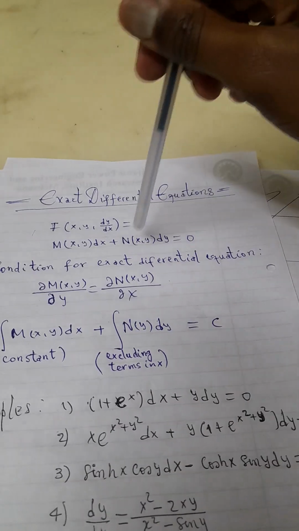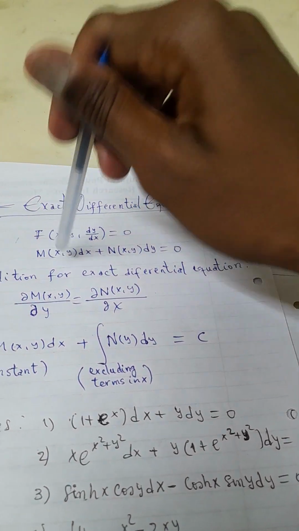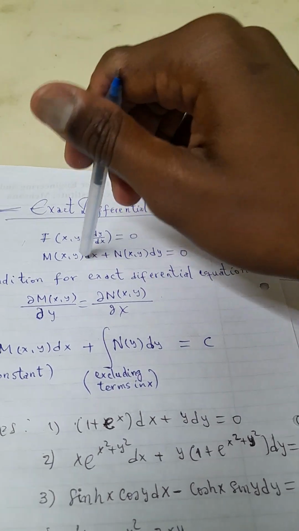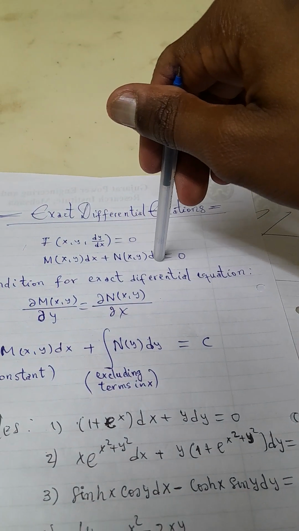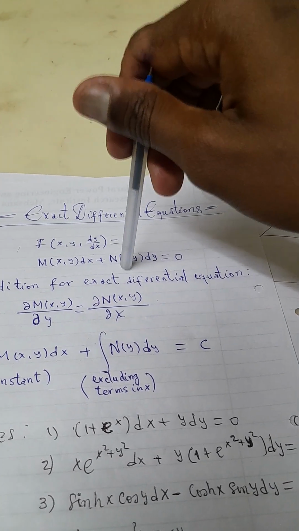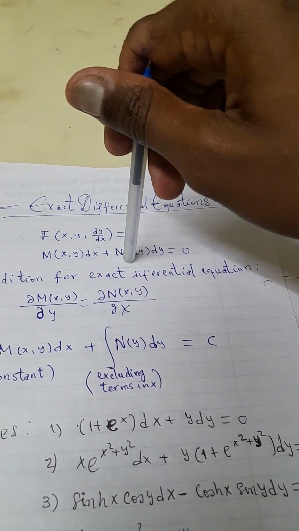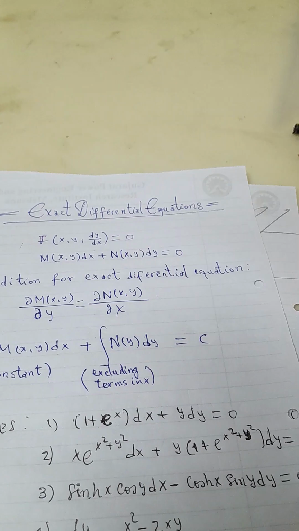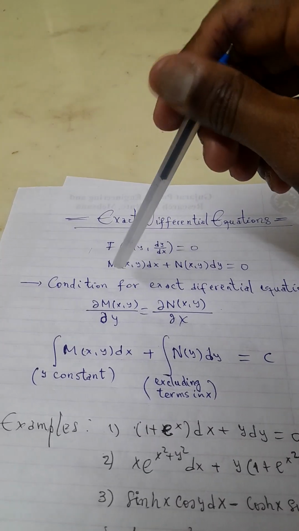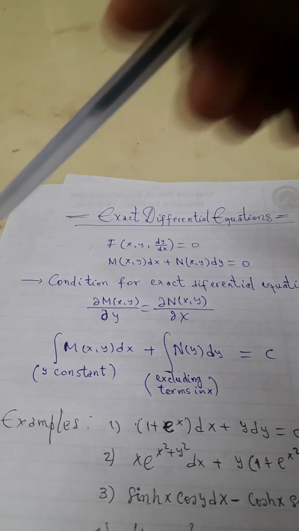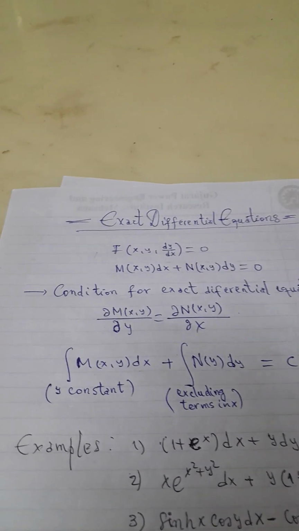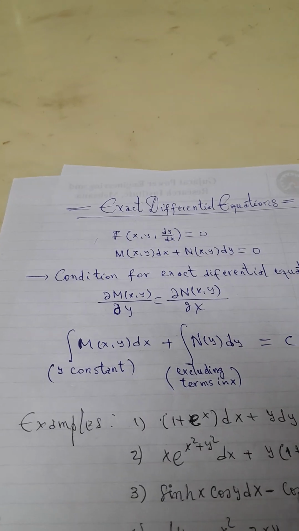So when the partial derivative of M of x, y with respect to y is equal to the partial derivative of N of x, y with respect to x, just like this, when this condition is satisfied,